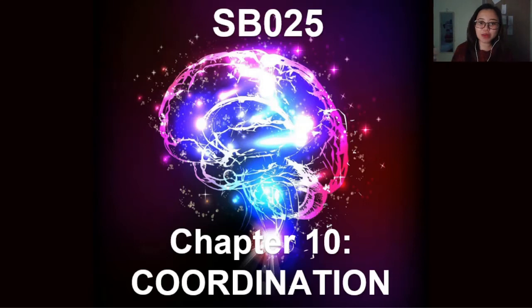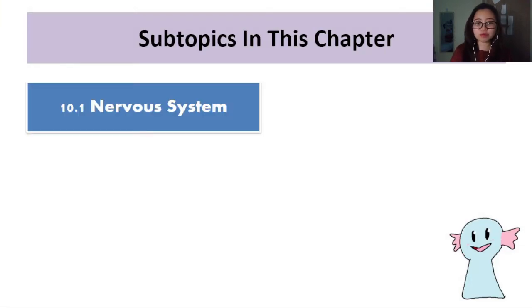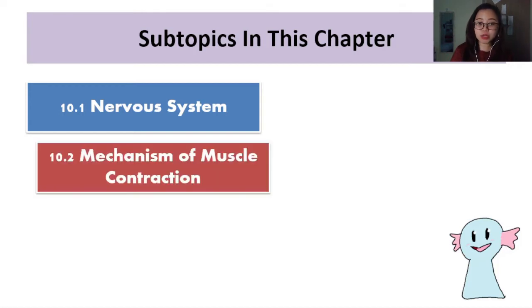Hello and welcome back. In this video, we'll be entering into a new chapter, which is Chapter 10, Coordination. This chapter is a bit long and it consists of 4 main subtopics, so let's have a look at what those subtopics are. The first of them is 10.1 Nervous System, and 10.2 is learning about the mechanism of muscle